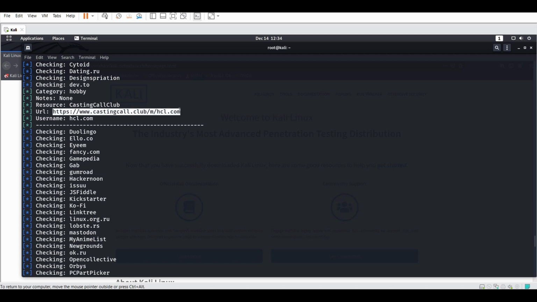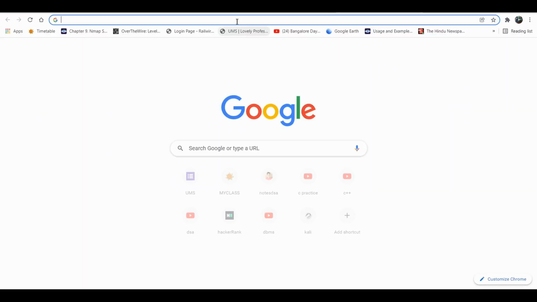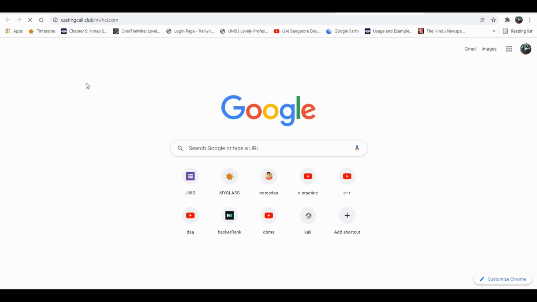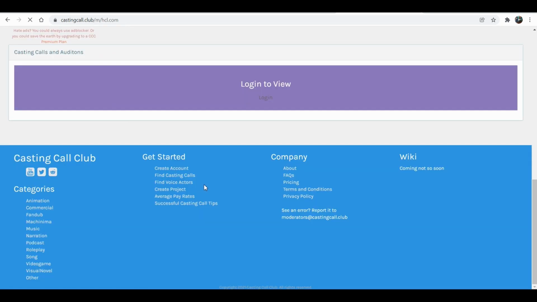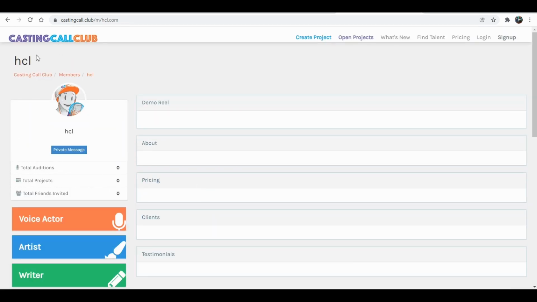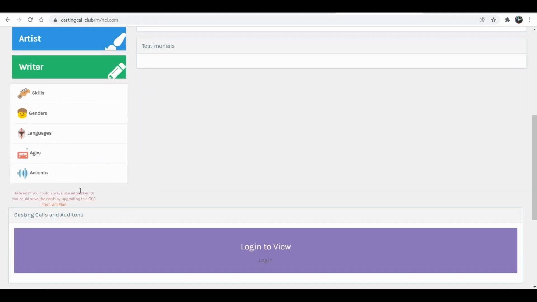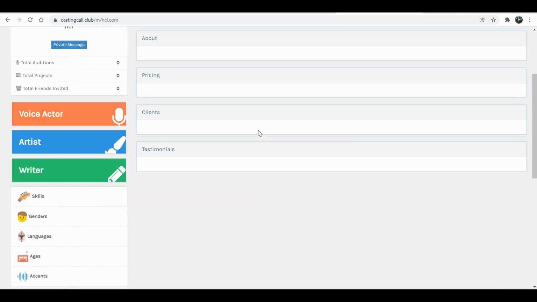So if I want to search this name in Google, you can search here. You can see here there are a lot of things. So SCL here is the father of this casting call club. SCL is the provider, so that's why it's a subdomain name. So likewise, you can find different subdomain names, information about them, a contact list, where it is situated, and a lot of information from the Recon-ng tool.